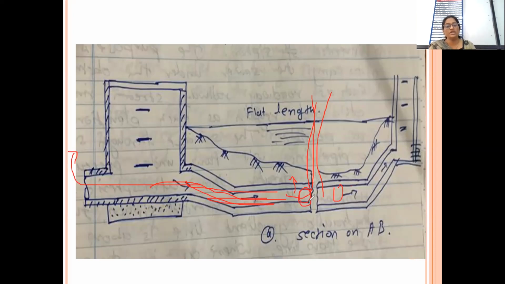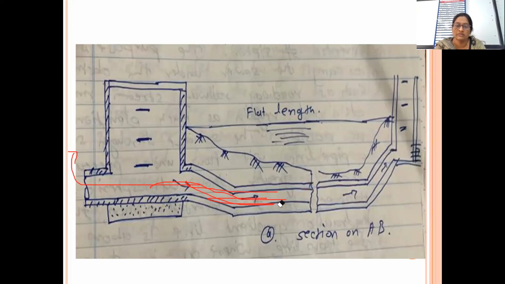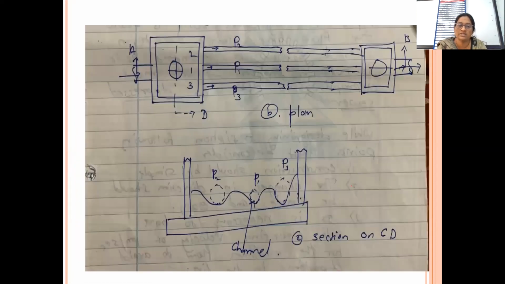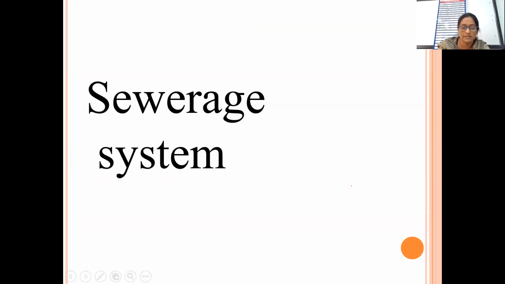So the air trap needs to be removed, and for that purpose, in between the siphon, we need to provide the ventilation. Okay, so this way there is a function of inverted siphon. This is a section, this is a plan, you can see once again, and you can understand. So through that, you can easily and smoothly transport the sewage from one side to another side of the obstacle. I hope you understood this part.